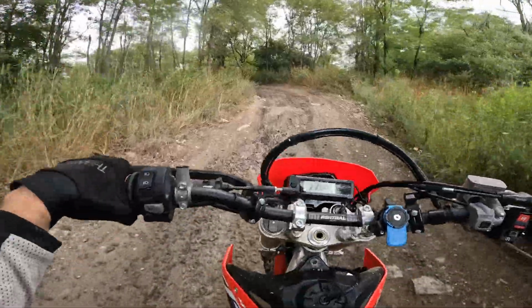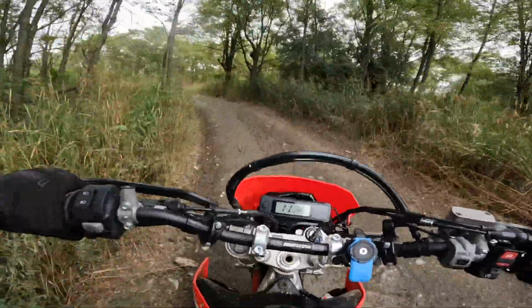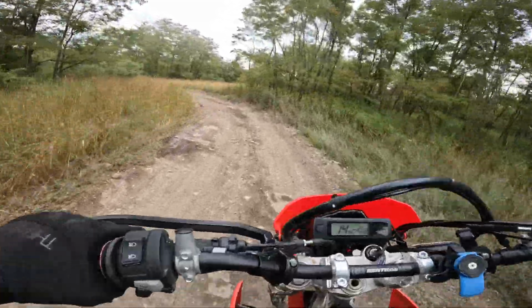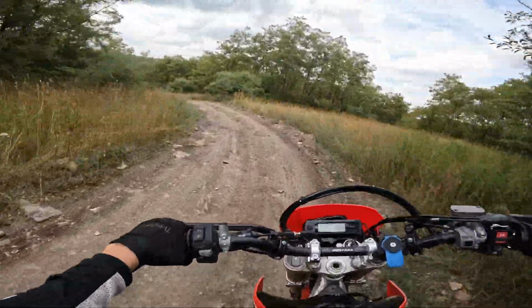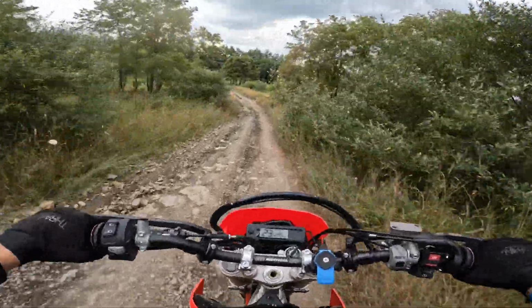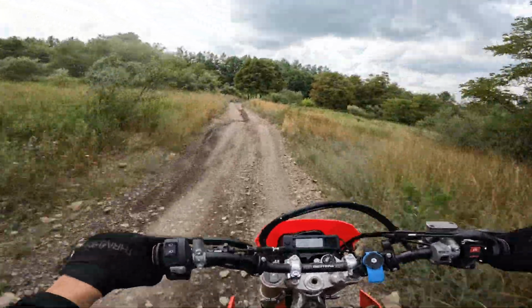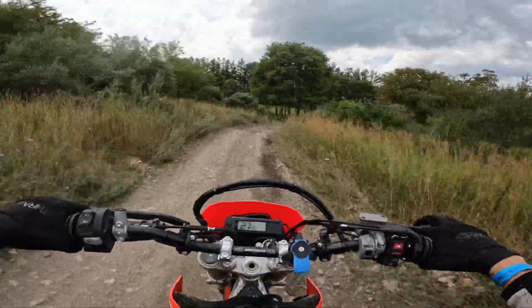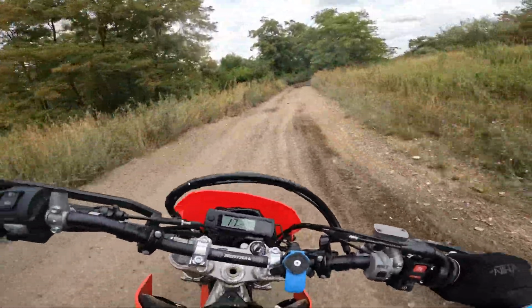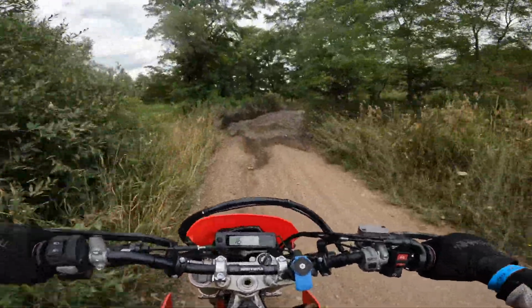Ooh, muddy. I came through here the first time before it rained. It has gotten a little slippery since then. This is what I'm talking about. You'll hit a jump and then boom, you're into a second gear corner, which is manageable, you can do it, but